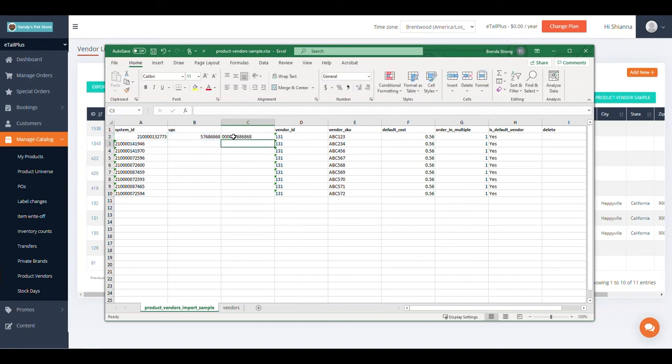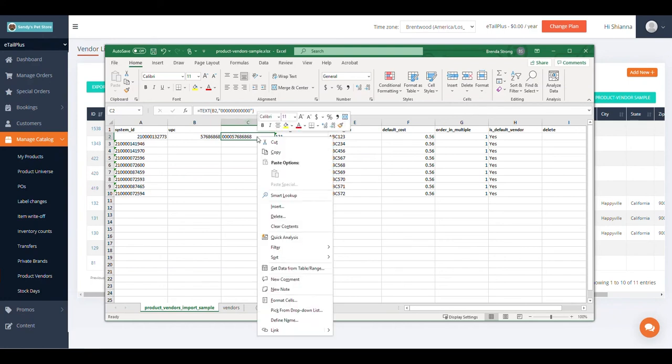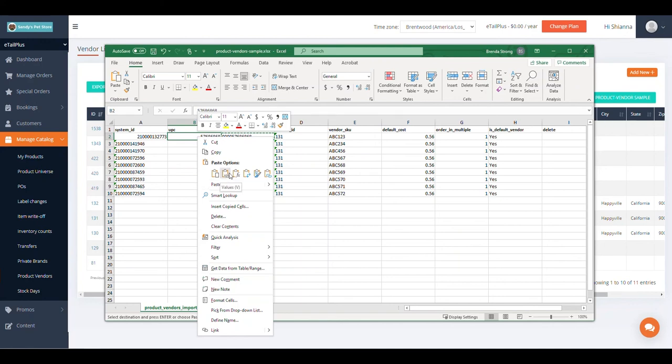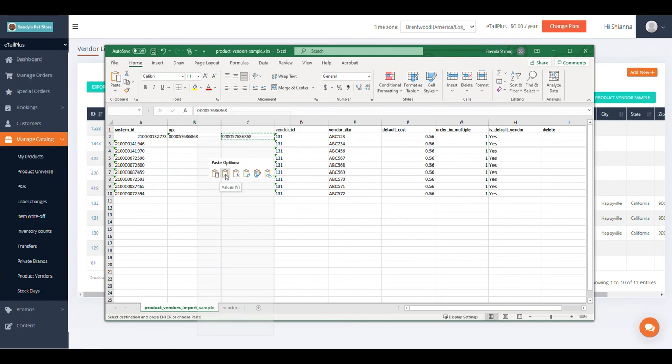And now you can see that it's added all of the zeros back in that belong there, so that your import won't fail to match up. Now we need to put this back over here where it belongs and get rid of the formatting. So what we're going to do is right click on this cell and choose copy, and then we're going to left click over in this cell and then right click, and we're going to choose the values option, which is the little clipboard with the 1, 2, 3 in it,